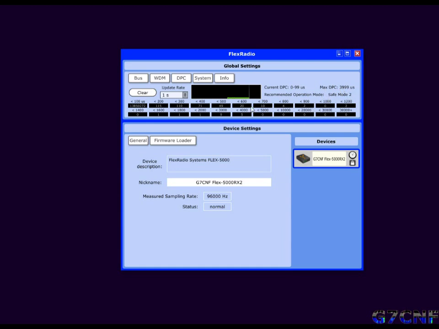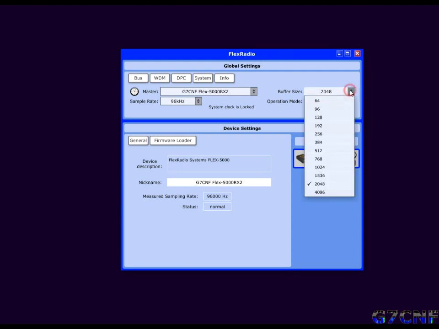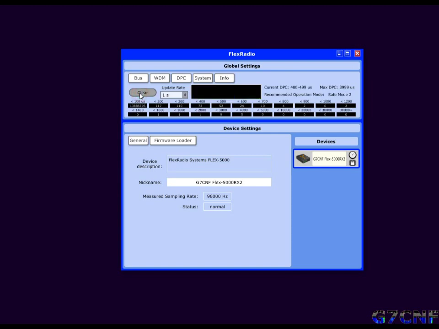And what I'll do is we'll go back to the bus again, and as you can see, we have operation mode here and a list of possible operation modes. Safe mode level 1 is a good one to start with if your computer isn't the fastest. My inclination is to leave this at 2048 buffer size. If you find that you have very bad latency, then you can investigate reducing this at a later stage. So if I clear the DPCs,